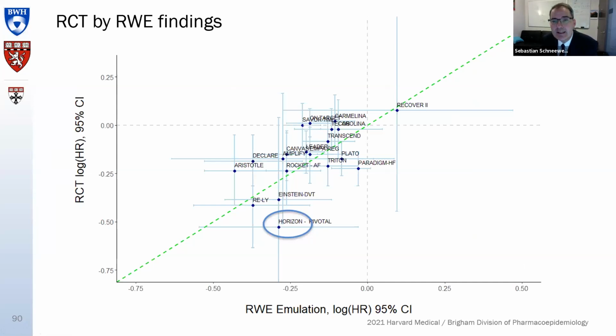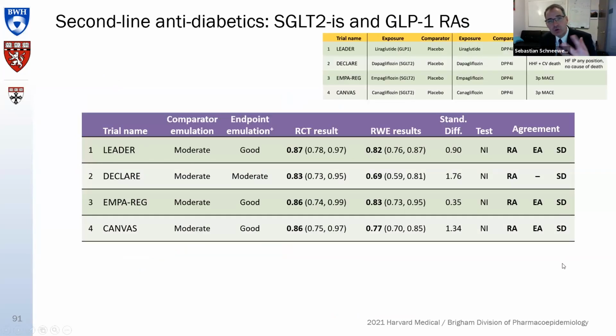Overall, when you look at the scatter plot, where you have the log hazard ratio of the RCTs versus the log hazard ratio of the real world evidence emulations, they're huddling around the diagonal. Ideally, they would all be exactly on the diagonal, these dark blue dots, and they aren't. Some are very close, some are further away. You see, for example, HORIZON down here, there's a bunch away. And that is exactly where we have the learning opportunity, what exactly would explain this. So I now go batch by batch here to explain the findings that we observed.